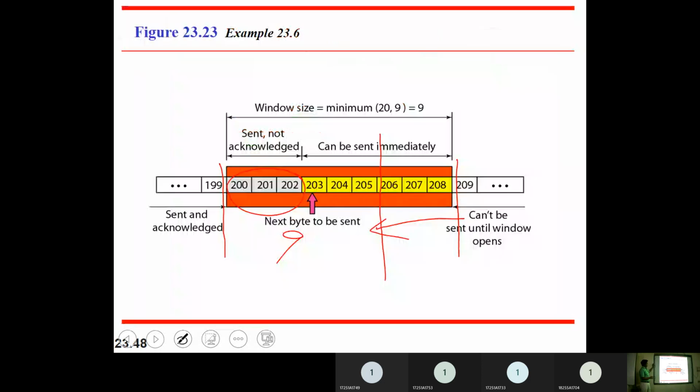Later you can say, for example, till 208 I have said. You have sent acknowledgement till 202, but then you are saying receiver window size is 6. That is not opening, not closing, even you are not updating that one. So window size will be 6. That cannot be considered as shrinking. Shrinking means already you have updated till 208. From that I cannot come to 206. You can be there as long as possible. That's what you need to understand here.